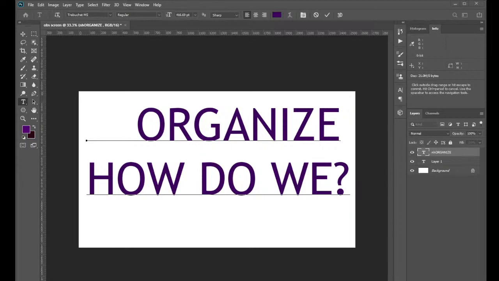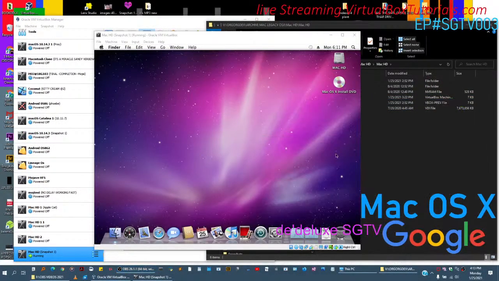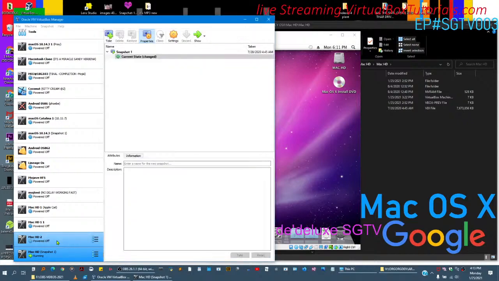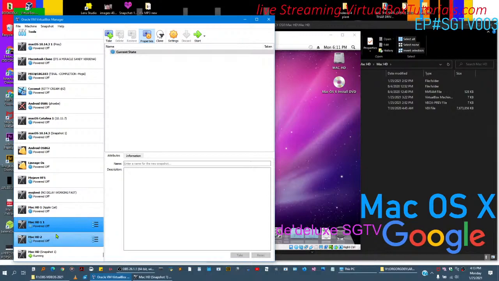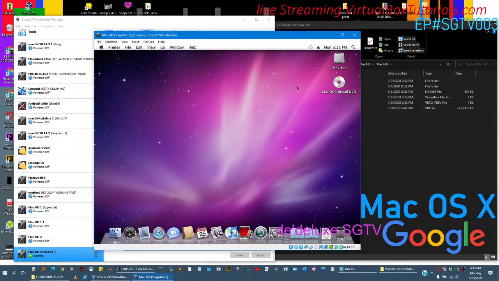Trying to find out which ones are working, which ones are not. I believe this is episode 3. So we'll just go back to there, minimize. I don't have a super setup. So if you see here on the left, there's 1, 2, 3, 4, 1, 2, and we're running this Mac HD, and they basically are all the same Snow Leopard, but they have different logins. But something funky is going on because